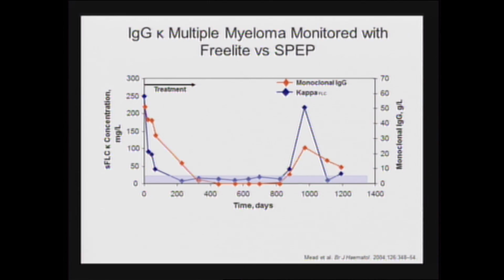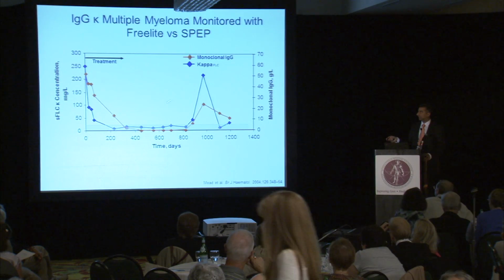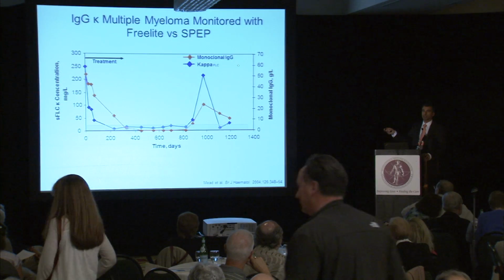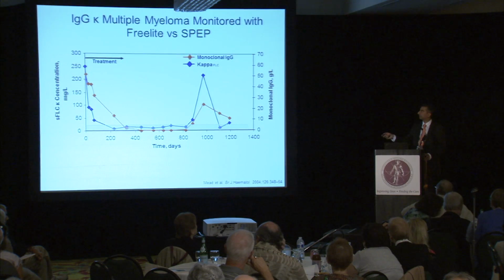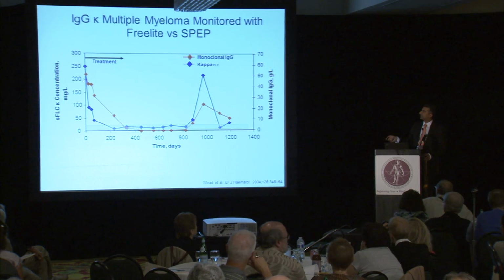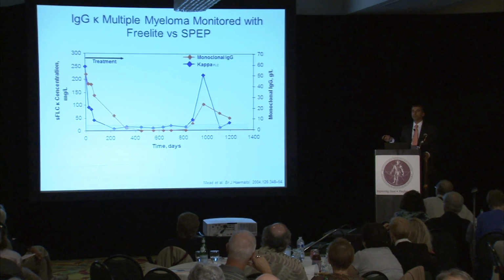So the question was, how often should the FreeLite chain test be done? That depends on your physician and what kind of treatment you're getting at the time. Here's an example of a patient. Free light chain kappa concentrations in the serum are on the y-axis, here's the time in days, and here's a treatment going on. In blue is the light chain monitoring, and in red is monitoring of the monoclonal immunoglobulin, or the M spike. Remember that serum protein electrophoresis where you saw the spike, and they quantified the area under the curve? They plotted that out, and what you can see is that the light chains drop much faster. You can see a change in the course of the disease much faster with light chains